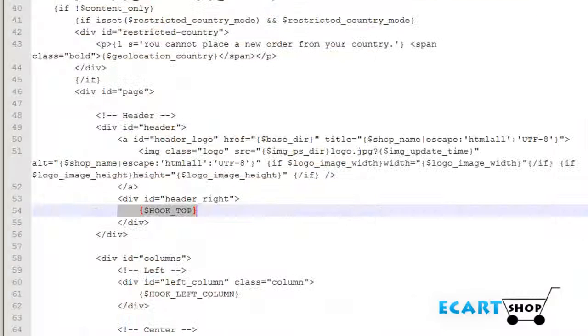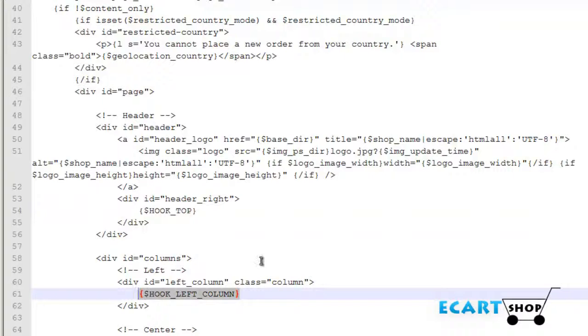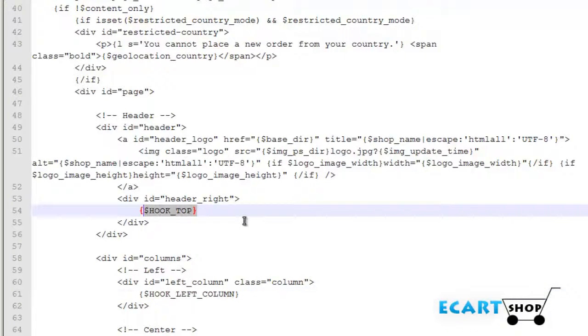Those positions are referred to here in the template with this declaration. This is very important. I suggest you keep those hooks with the same name, because I'm going to show you later how you create a new hook. I'm going to explain how a hook is built. So to increase the portability of your template is